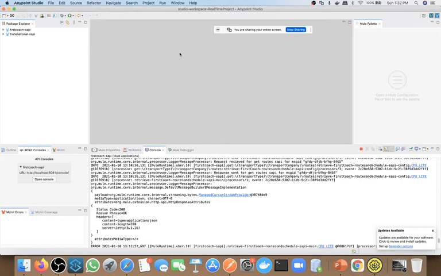So in day 2 we will create a Mule application without using a YAML file, and in day 3 we will first learn YAML, how to create a YAML file, and in day 4 we will learn how to create a Mule application using a YAML file. So first, how you will download this software and then how you will install it.